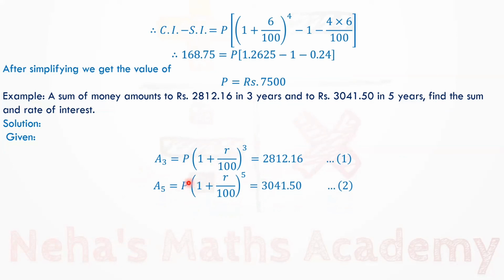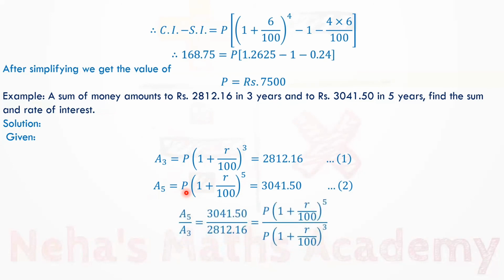Now, from these two equations, we have to find the values of P and R. So just think, how can we solve these equations such that we will get the values of P and R? If we subtract these two equations, then both variables will remain and we will be unable to find the values of P or R. So we will divide these two equations. After dividing, one of the two variables will vanish and we can find the value of the other variable, R. So P gets cancelled. We will be left with the equation 1.0815 is equal to (1 plus R upon 100) raised to 2.